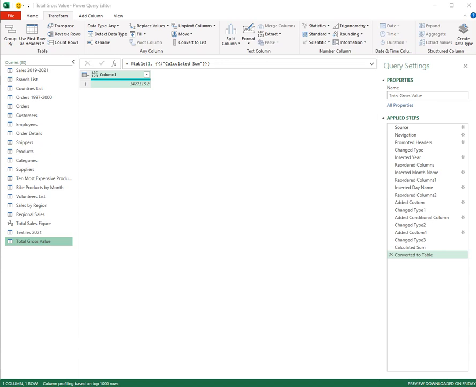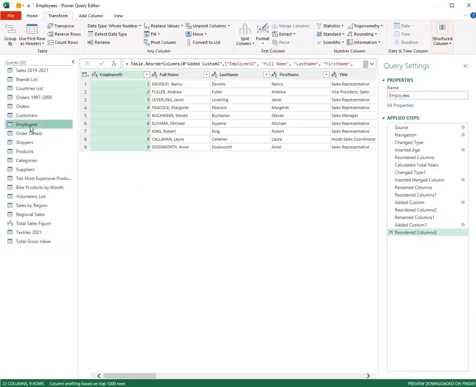Often data that is imported into Power Query is broken into very distinct columns, and we need to merge those columns together to provide us with useful information. So for example, to demonstrate this, I'm going to go to the employees query, and I'd like to duplicate this